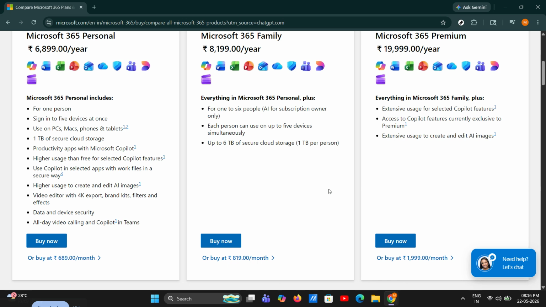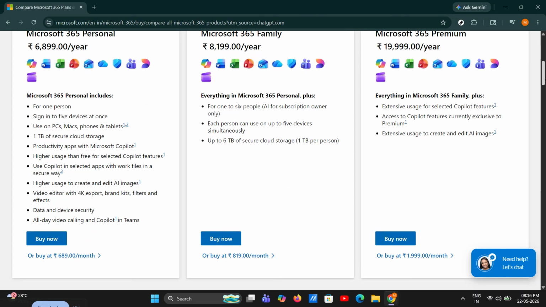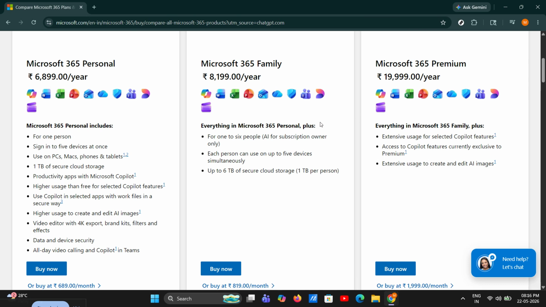If you only need an individual plan, Microsoft 365 Personal is often the simplest option. If you want to share with more than one person, the family plan may be a better fit. And if you're mainly looking for storage and basic cloud access, the basic plan may also be worth checking. The key thing here is to compare what's included before clicking ahead, because the storage amount and app access can